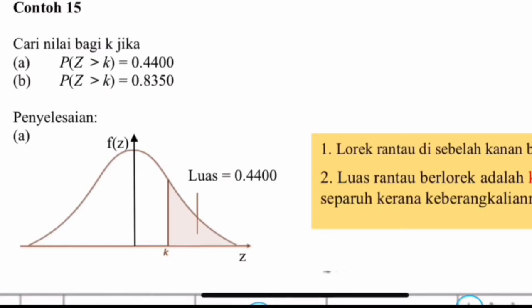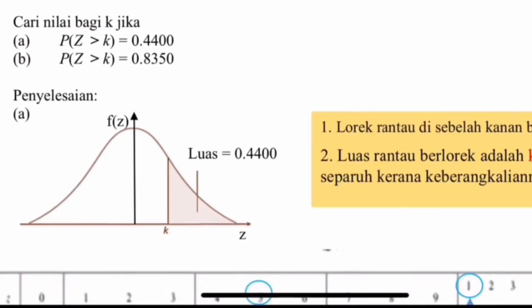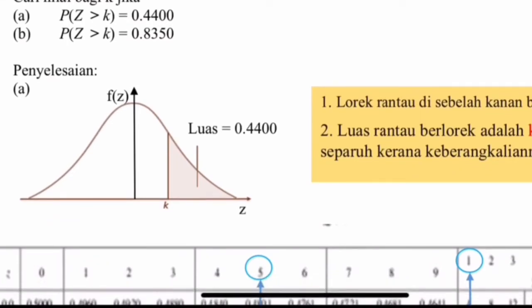Okay, so now we shade first. Make sure it's shading to the right and make sure it's less than half of the bell, because our probability value is just 0.4400. And then we'll use the book's table. The probability values are inside the table, and the first row and the first column are z-scores. So highlight